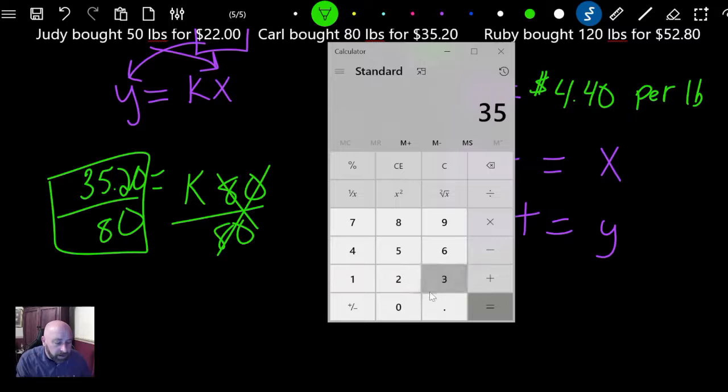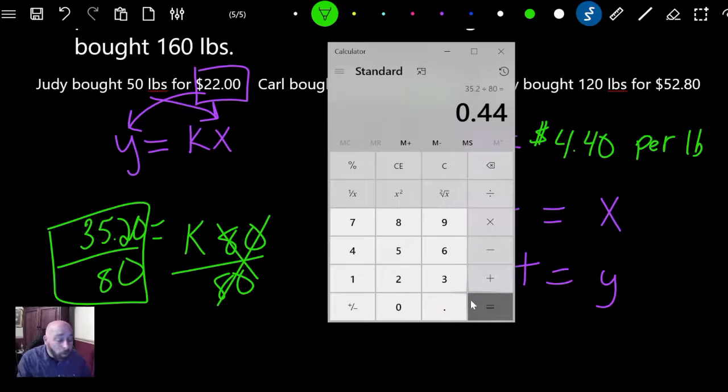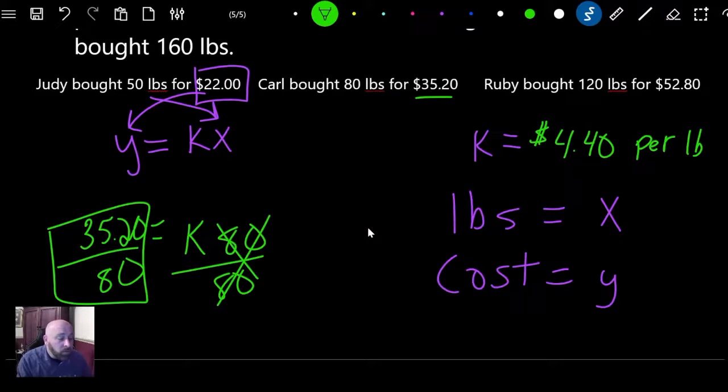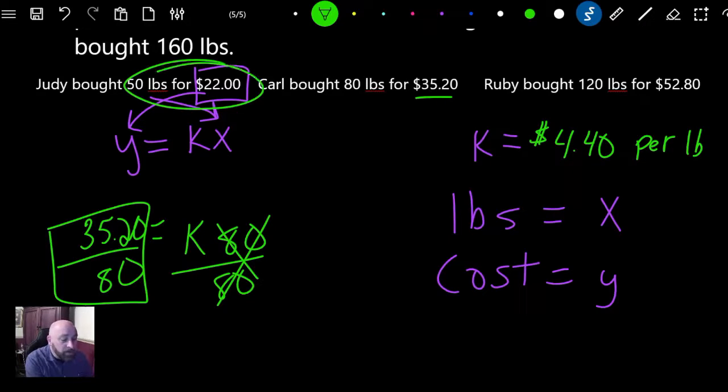3520 divided by 80 equals, I got 0.44. Now I've got a problem because over here I got 4.40. I'm going to show you something: math teachers can make mistakes too. When I divided this one out, I messed up my decimal point. So this is actually 44 cents, not